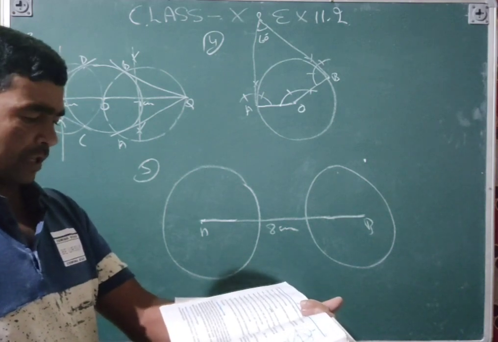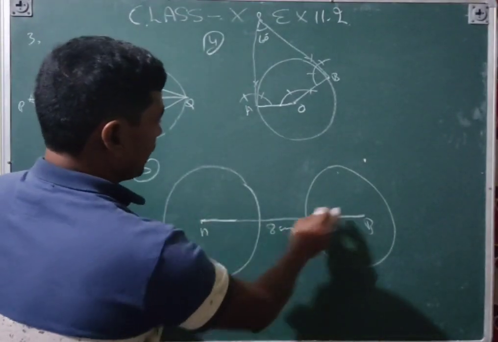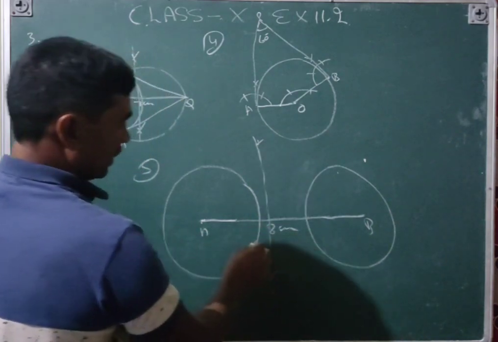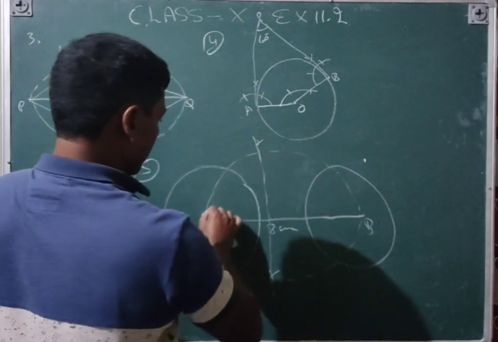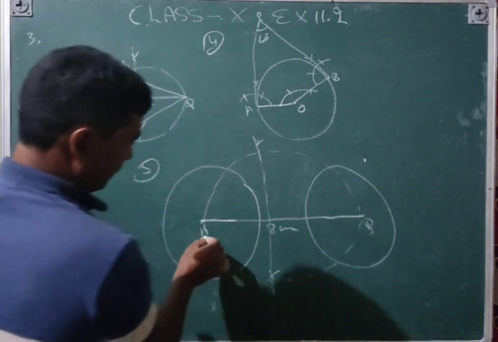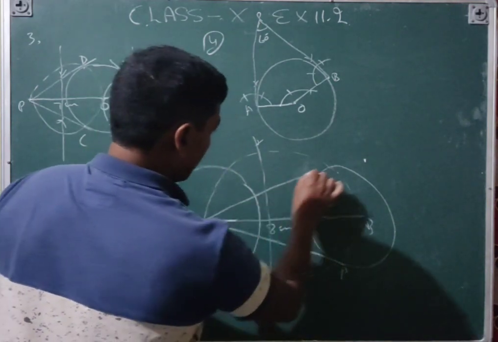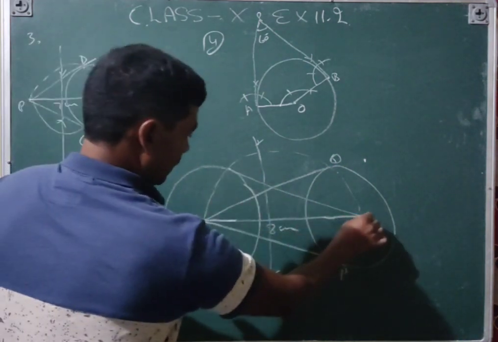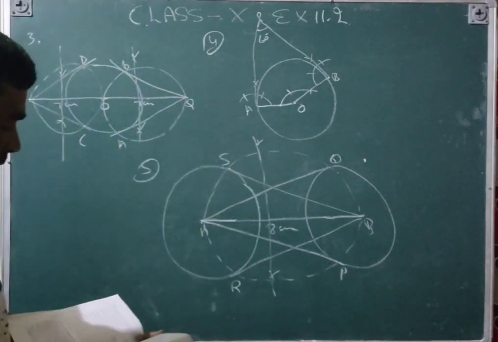Construct tangents to each circle from the center of the other side. So we will construct that one also. First of all, bisect this one, so that will become like this. And then make a large inverted circle. So that is a tangent. A, P, that is Q, this one tangent from here, and this one also here, P, Q, R, S. These are the tangents.